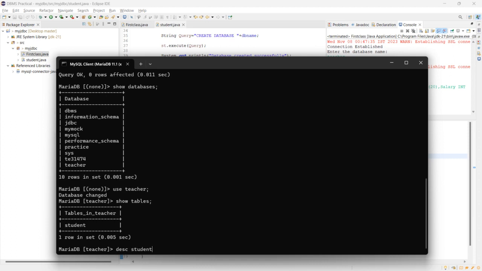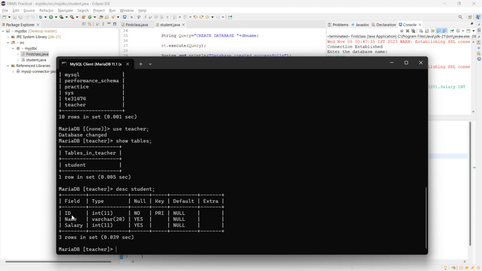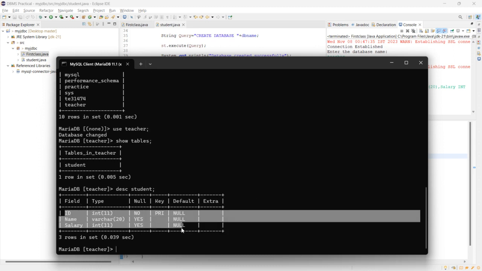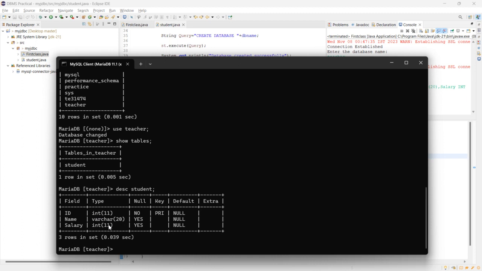Now let's see, describe student. As you can see, whatever we have given, that is the ID as primary key, name as varchar, and salary, it has successfully created it. Okay, so that's successfully created. Now let's drop, because we have to also perform some other operations like insert, update, delete, lot more to do. So drop database teacher,